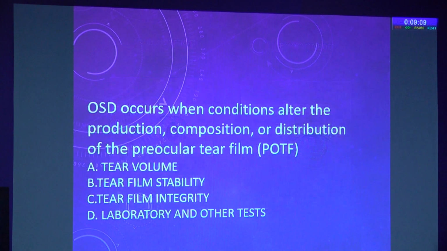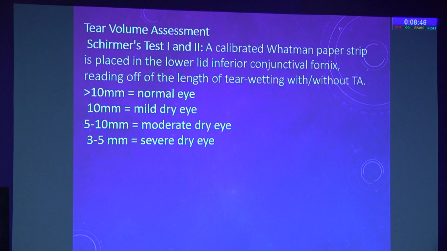So how do we evaluate the ocular surface? Ocular surface disease occurs when conditions alter the protection, composition, or distribution of the preocular tear film. So you have to first assess the tear volume, tear film stability, tear film integrity, and other laboratory investigations supportive of that. To start with the tear volume assessment, we can do a Schirmer's test 1 or Schirmer's 2